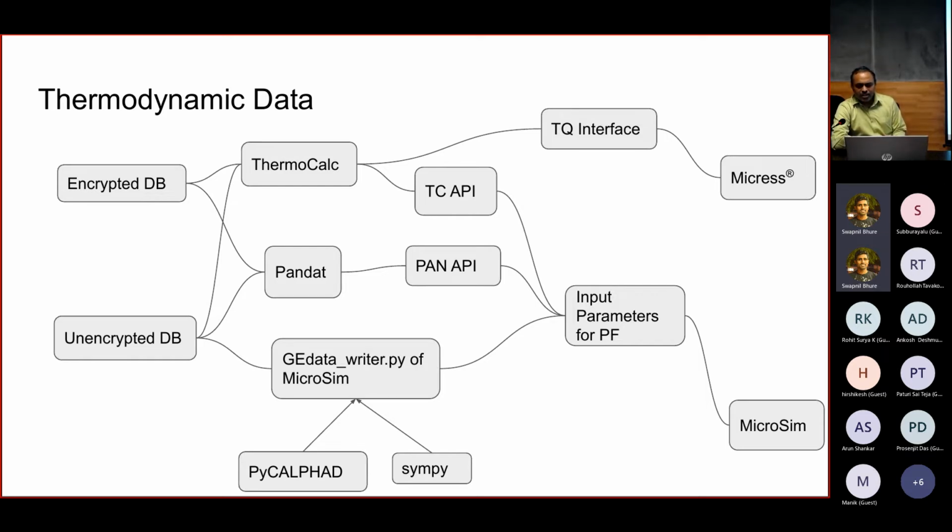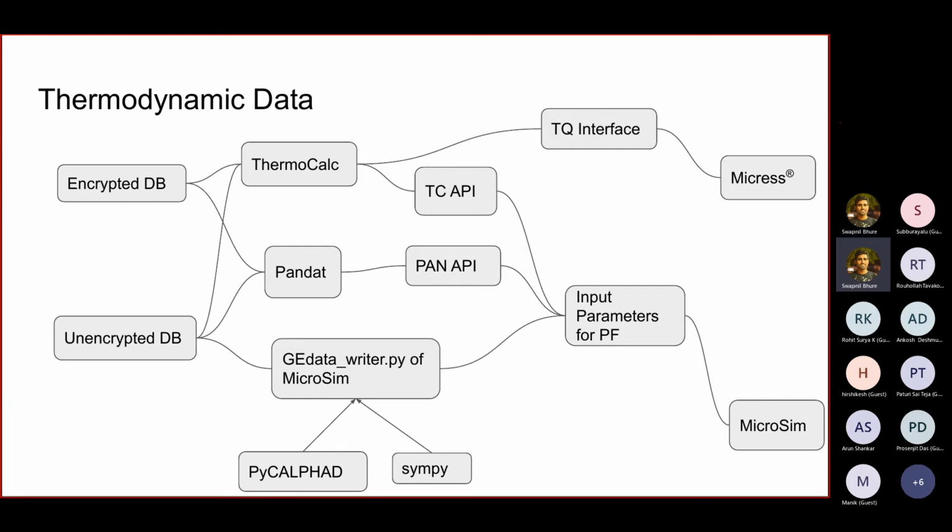There are developments on Pandat also where the phase field simulations are coming up. Pandat is a strong competitor to Thermo-Calc. And both of these have API calls available. In the past, the Pan API was limited to only Visual C++ on Windows, but now I think it's open for the Linux environment also. Thermo-Calc had only a Fortran interface in the form of TQ, but now it's a C++ API which is available on multiple platforms. So both of these commercial tools have made the data visible to us even through